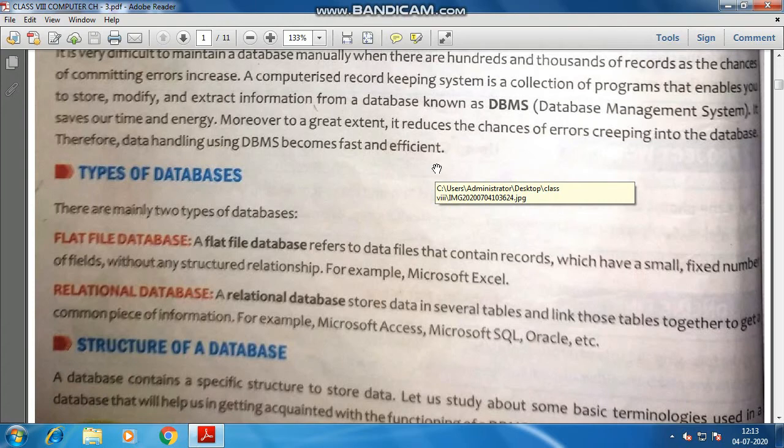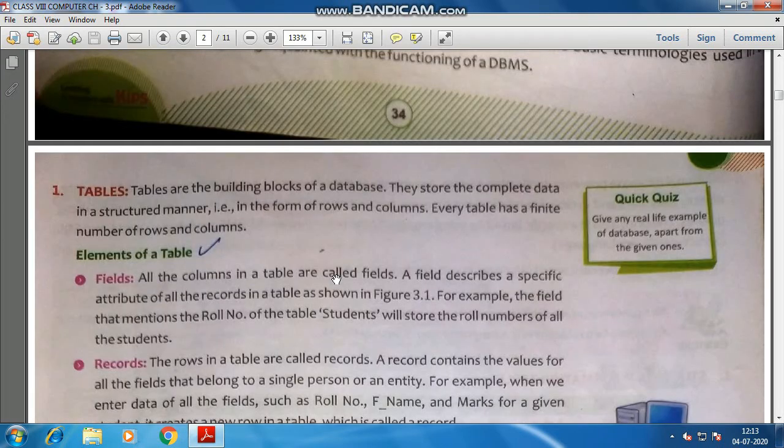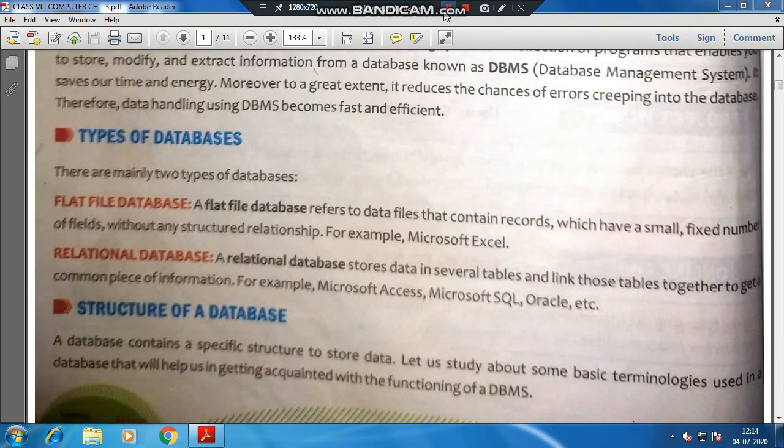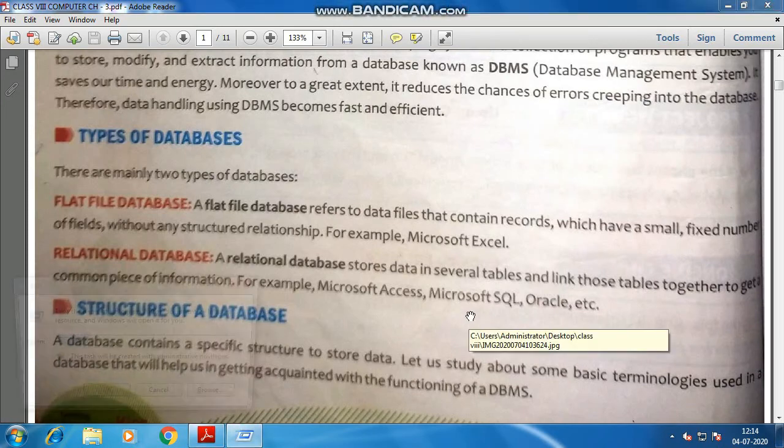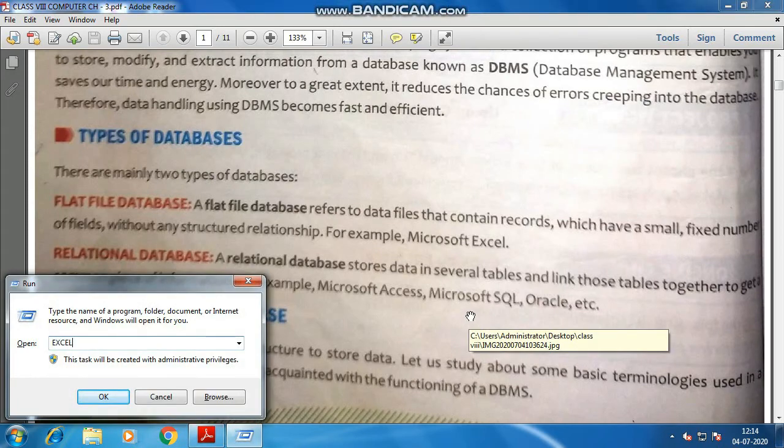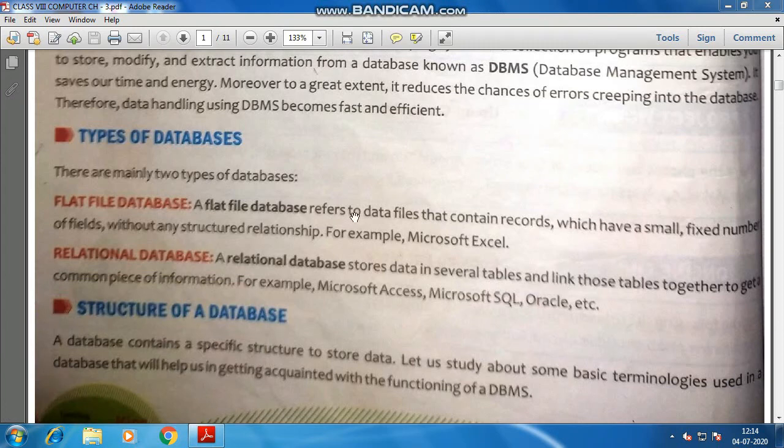I'm opening Excel. I'll tell you what a flat file database is. It is a simple database in the form of rows and columns. It is taking time to open Excel.